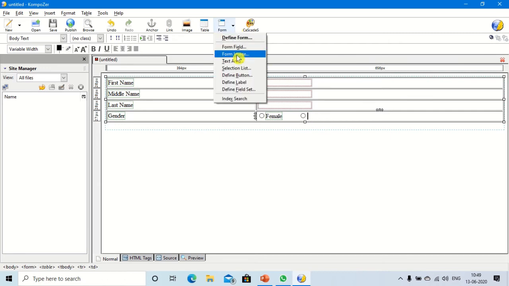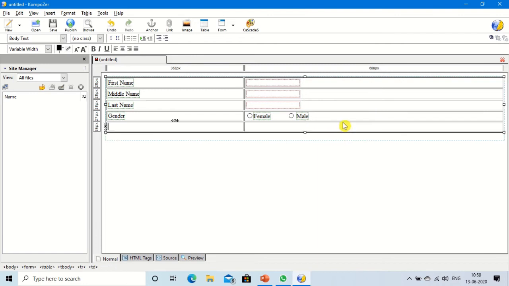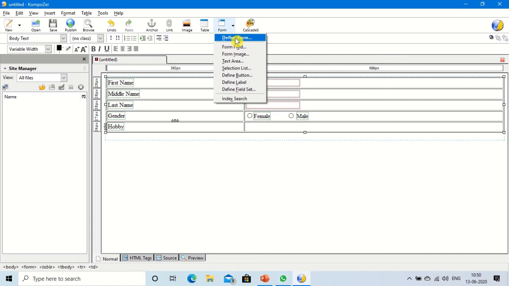So go to the form, click on define label. Write here, male. Press the tab, so that we will see the next row. We will create check boxes for hobbies. So go to the form, define label for hobbies. Write here, hobbies, press the tab, create a checkbox, go to the form field,